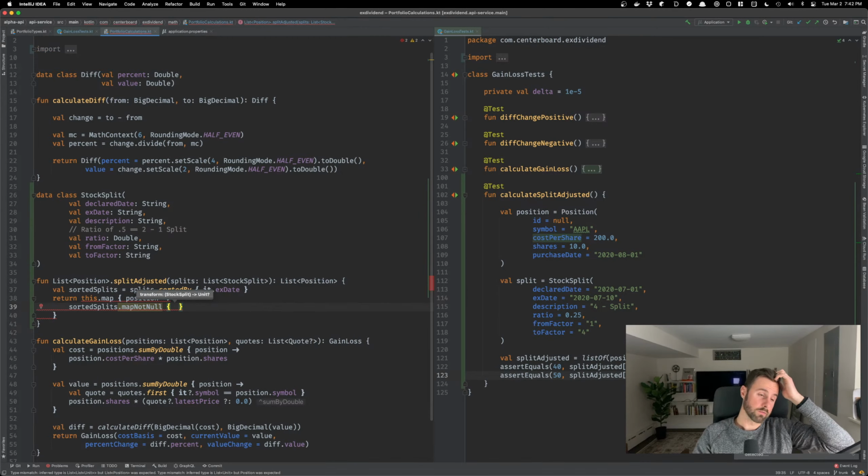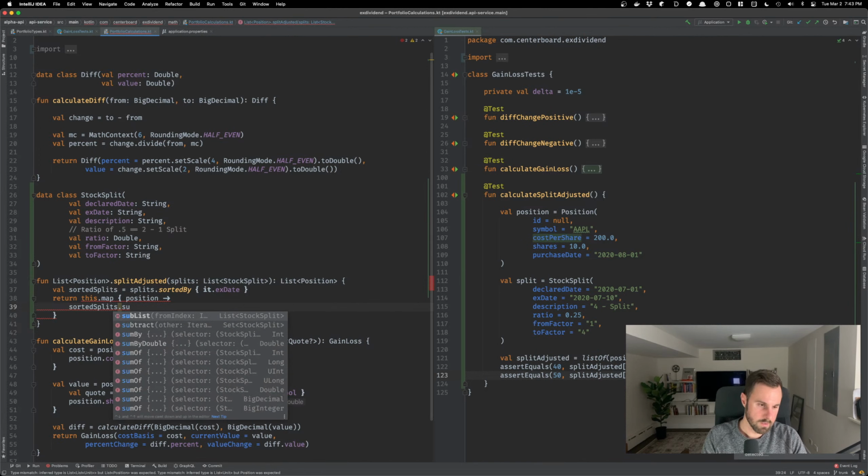And so what I'll do is I will only return, that's not going to work. I was thinking I was going to only return a split if it was performed afterwards, but that doesn't quite get me the same thing, right? But what I really want to do is